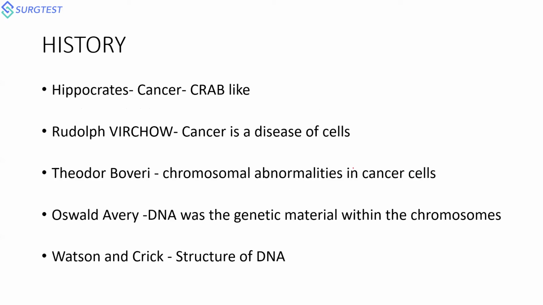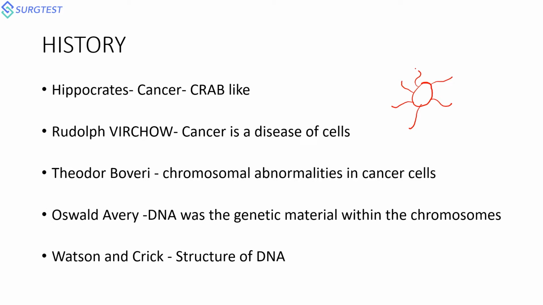The history starts with Dr. Hippocrates, who defined the term cancer, and he attributed the same term to what appeared like a crab. Initially, people used to say the breast cancer blood vessels were the ones which gave the technical term to the appearance of a cancer, which appeared like a crab-like feature. But what technically appears is that the tumor cells will have pseudopod extensions into the adjacent normal tissues, and these extensions are referred to as the crab-like appearance. This particular feature denotes many important things which we will be discussing in today's topic.